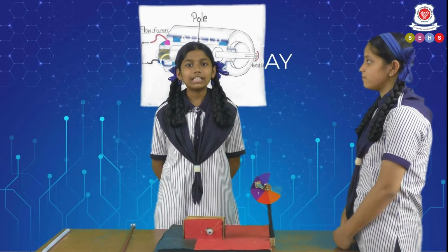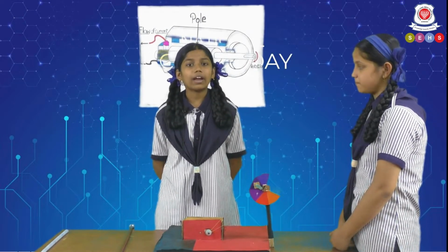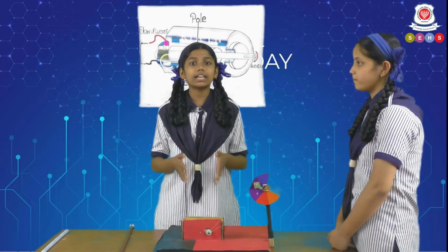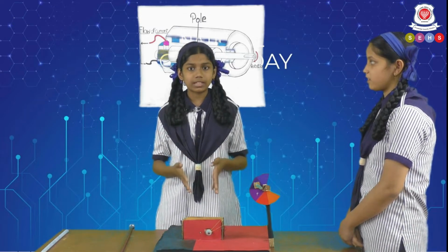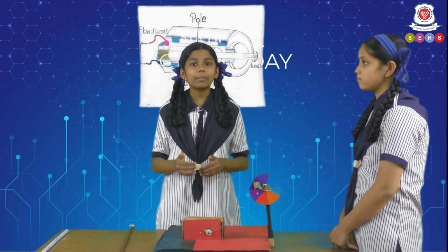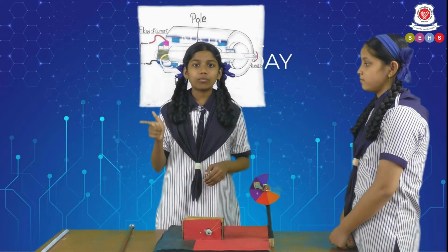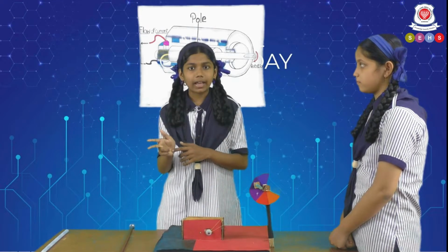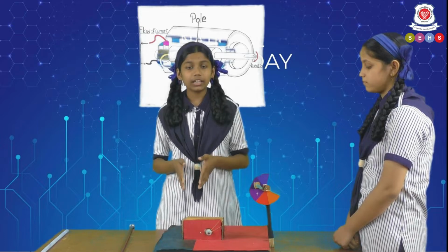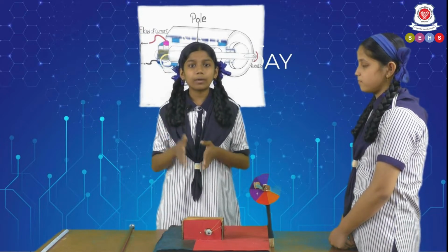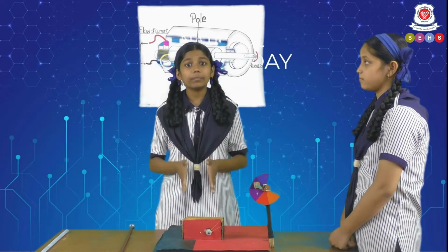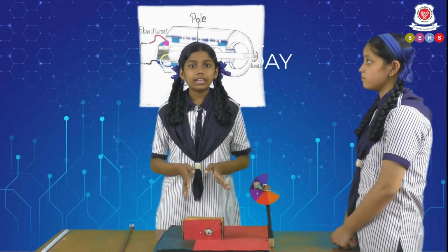Before the activity, let's understand what Fleming's right-hand rule is. According to Faraday's law of electromagnetic induction, when a conductor moves through a magnetic field, an electric current is induced in it. Why do we use Fleming's right-hand rule? It is used to determine the direction of the induced current. Fleming's right-hand rule says that if we arrange our thumb, forefinger and middle finger of our right hand perpendicular to each other, then the thumb points towards the direction of the motion of the conductor relative to the magnetic field, the forefinger points towards the direction of the magnetic field, and the middle finger points towards the direction of the induced current. Now let's see the activity.